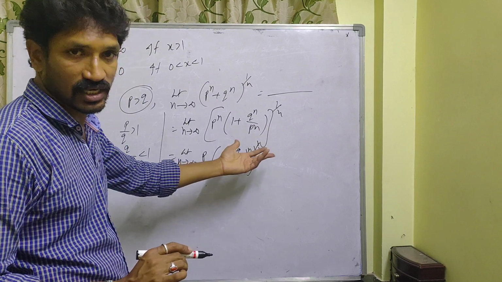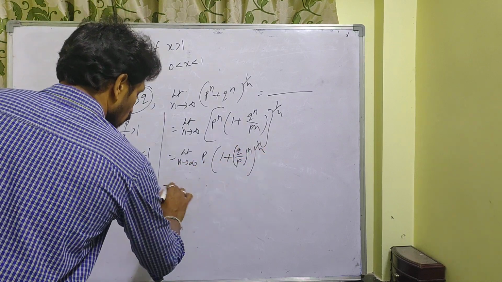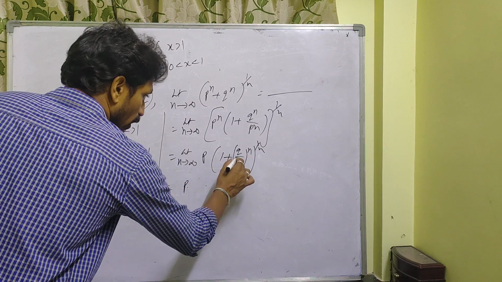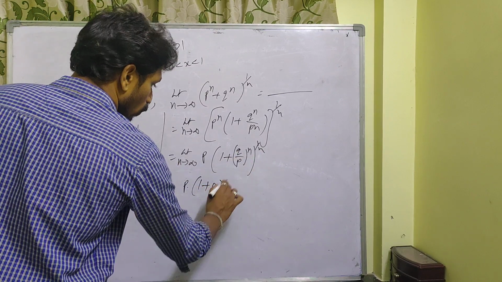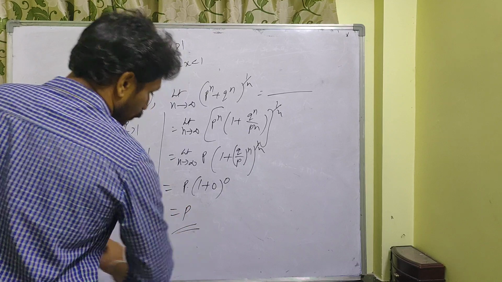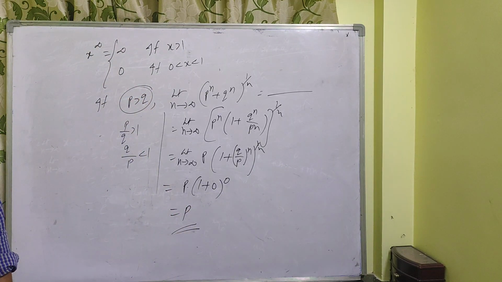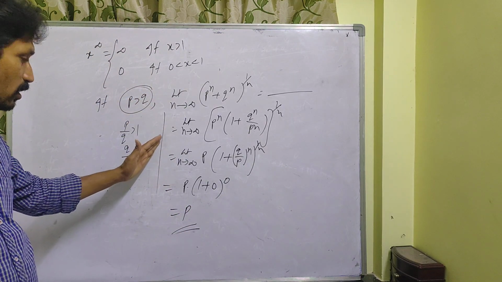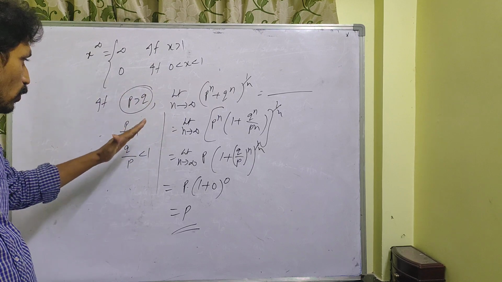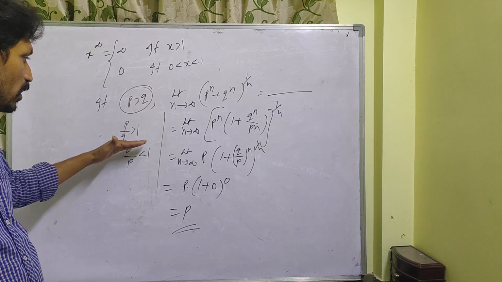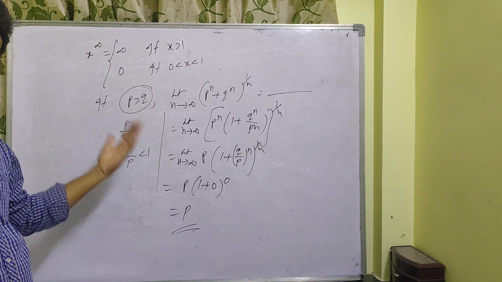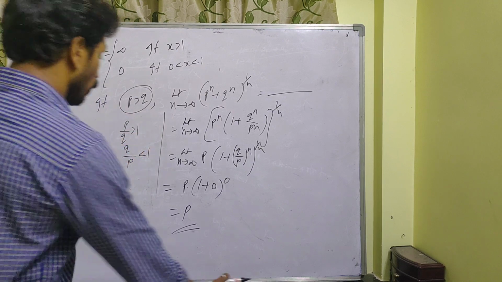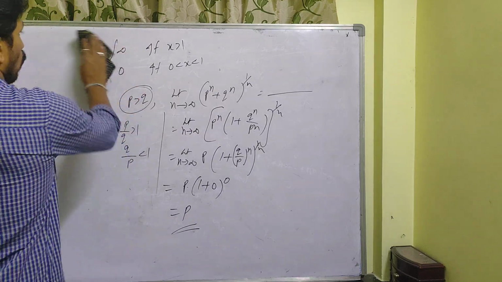So this is an indeterminate form only. So this is nothing but p into 1 plus, applying n tends to infinity, 0 power 0, and this value becomes 1. Very, very important: here the intention is that first we have to check which one is comfortable, q by p or p by q. What is the proper fraction, and what is the improper fraction? That is the important part. Based on this, you take one formula.